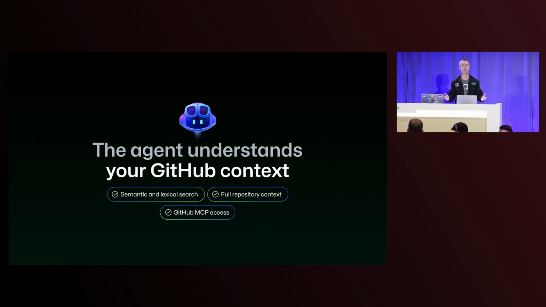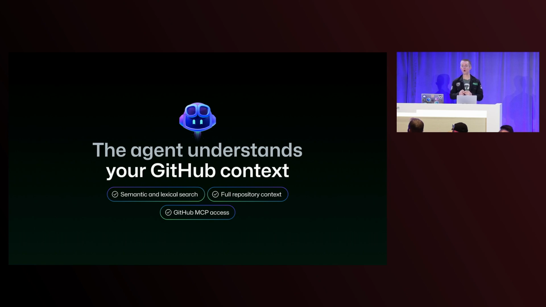And again, the same applies to our AI agents. The more we can give them the data and the context on the project and on the needs and on the requirements, the better job they're going to be able to do. So in the case of GitHub, you want to give them access to code, the issues, the pull requests, that kind of stuff. So out of the box, our agent has access to GitHub Code Search, which it uses to explore the repository and find the code that needs to be changed.